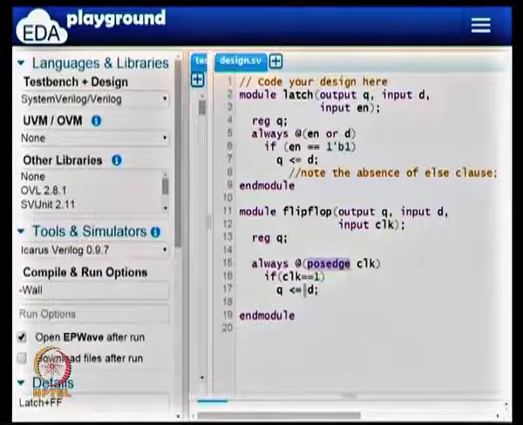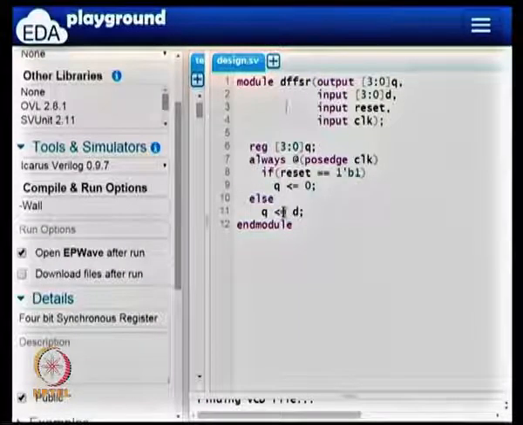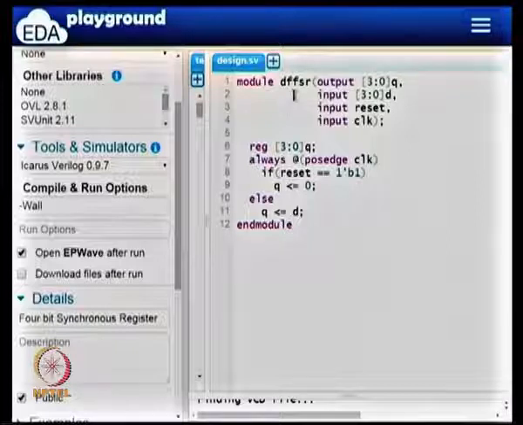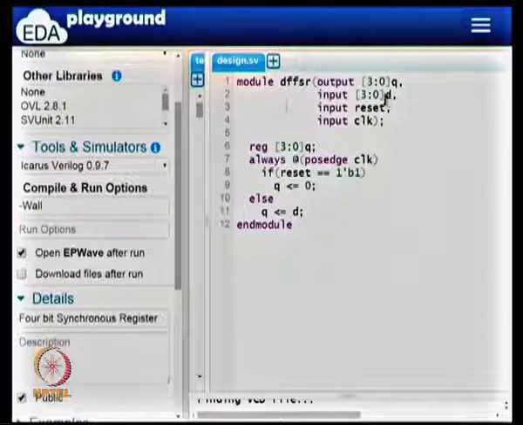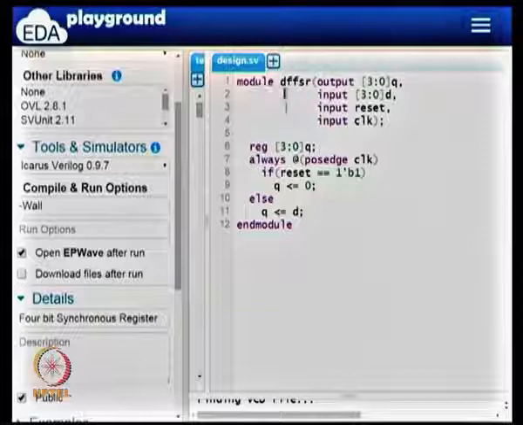And finally, I want to talk about the fourth one, where it is a register. In this case, it is a 4 input, 4 output register. So it is a register which has a parallel input and a parallel output. The parallel input is D, which has 4 bits D3, D2, D1, D0, and it has 4 bits as output Q3, Q2, Q1, Q0, and it has a reset and a clock. This DFFSR is a D flip flop based synchronous register. That is the name that I have used.